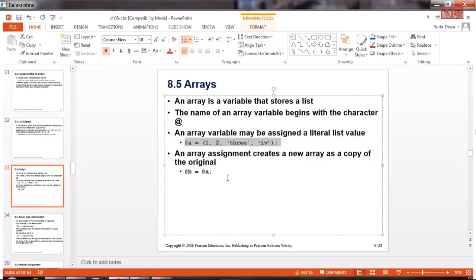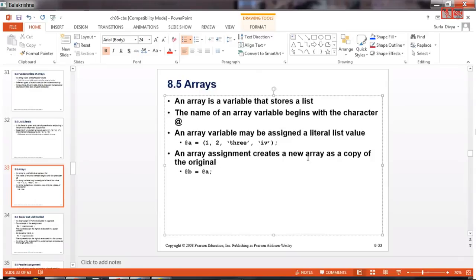The beauty of Perl here is you can have different types of scalars. In C or any other language, you will have either an integer array or a float array or a string array or whatever. But here, if you see, it can interpolate with different types of scalars. So 1, 2 is an integer, 3 here is again a string, and this is a hexadecimal. Everything can be grouped together in this list and still be stored as an array. That is the beauty of Perl.